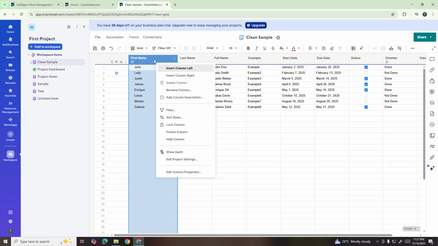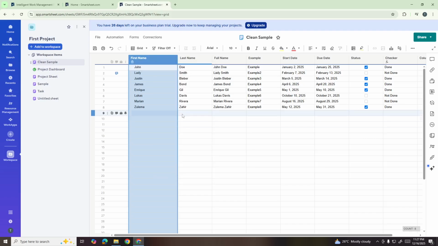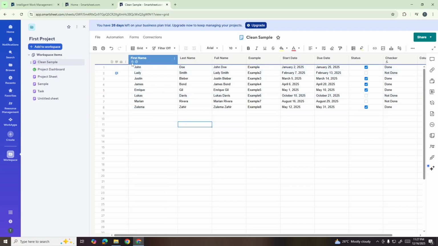Right-click on any of the highlighted column headers. A context menu will appear with several options. From this menu, select Lock Column. This action immediately locks the selected columns, preventing any changes to the data within them unless you decide to unlock